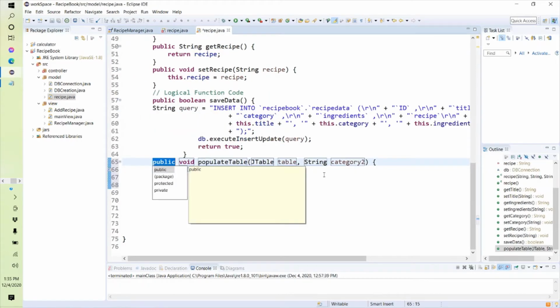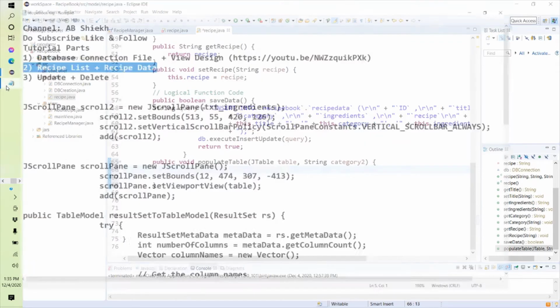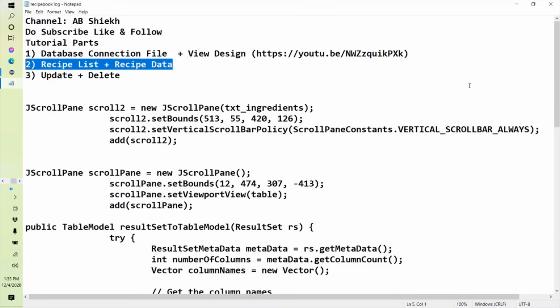So the method has been created, and now the only thing that we need to do is add a select query and select all the recipes titles which matches with this particular category. So let's have a query, and I already have a query right here for this.